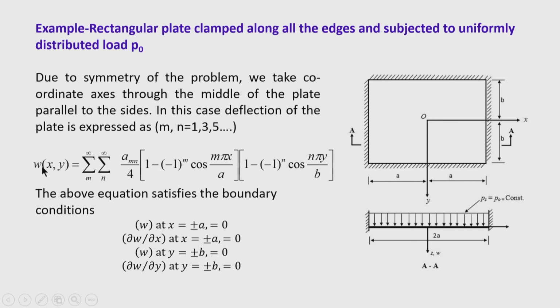The justification we have understood is that this function satisfies the boundary conditions, the slope and deflection boundary conditions, at the edges. Now, the edge is located by the distance plus a or minus a or plus b or minus b. So, these conditions are listed here and the plate is subjected to a uniformly distributed load. Let us illustrate this problem with a single term expression, so that you will be able to realize how Rayleigh's method is used for solving the problem.